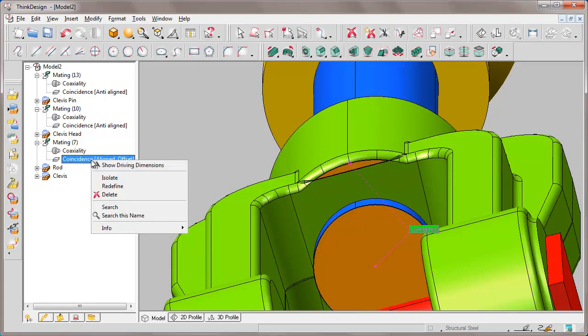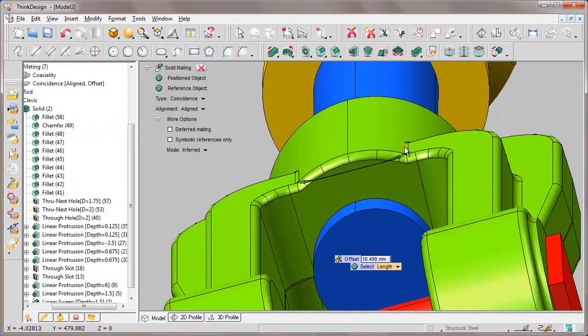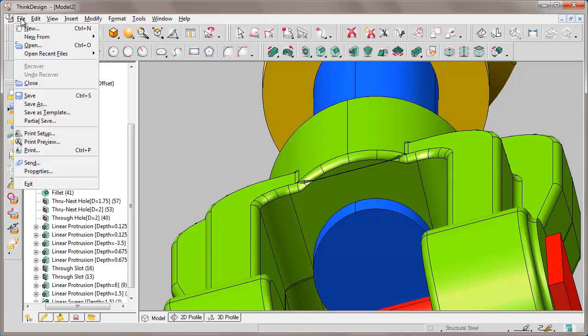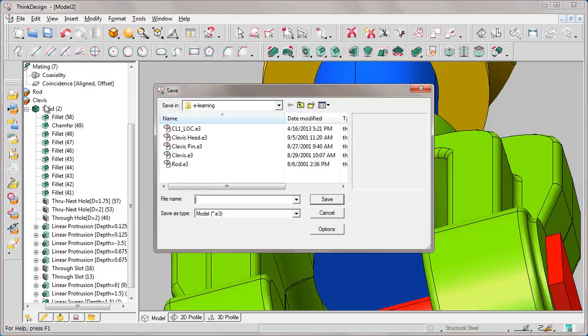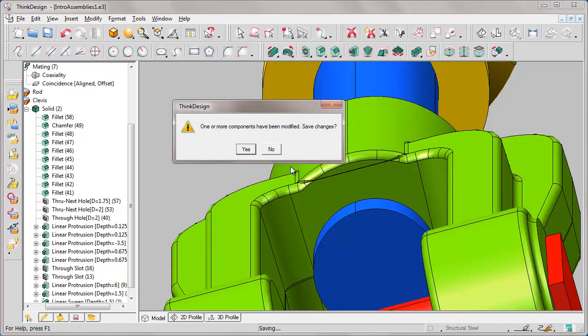To retrieve the value from an existing element, we can enable the adaptive measure, where we are asked if this value must be equal to the minimum distance between something that we are going to indicate, to a length, a radius, and so on. We ask that the length is equal to the one of the edge we indicated, so we associate the offset to a measure of the assembly components, and we can now save the assembly without saving the component changes.